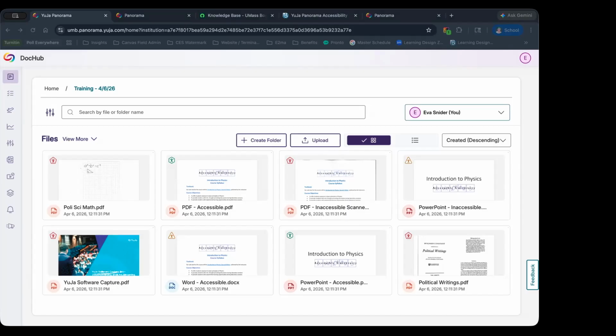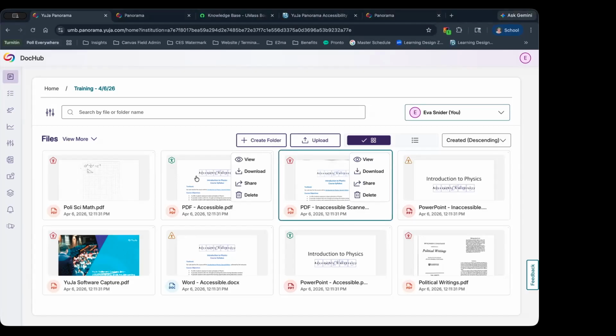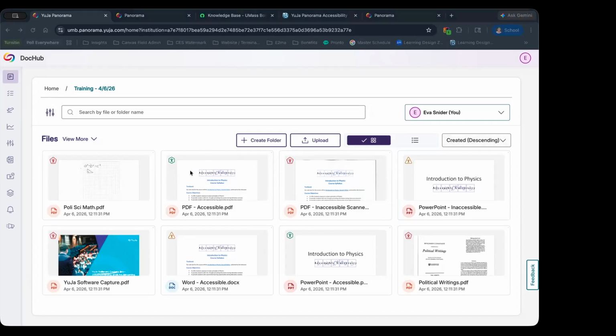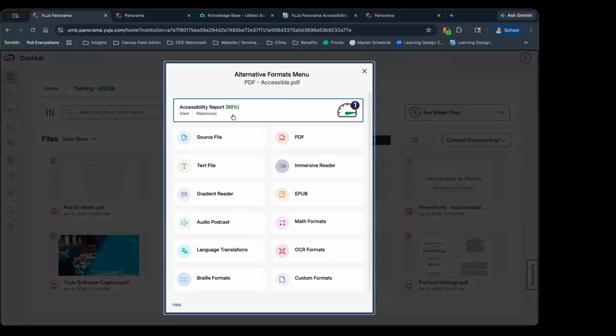These are tools to help you identify what needs to be changed to improve the accessibility of the files that you've uploaded. But please recognize that these are tools and that these are not the end-all be-all scores for these documents. So take them as they are, rather than identifying a 99% accessible document as meaning nothing needs to be done with it. That is not necessarily true.